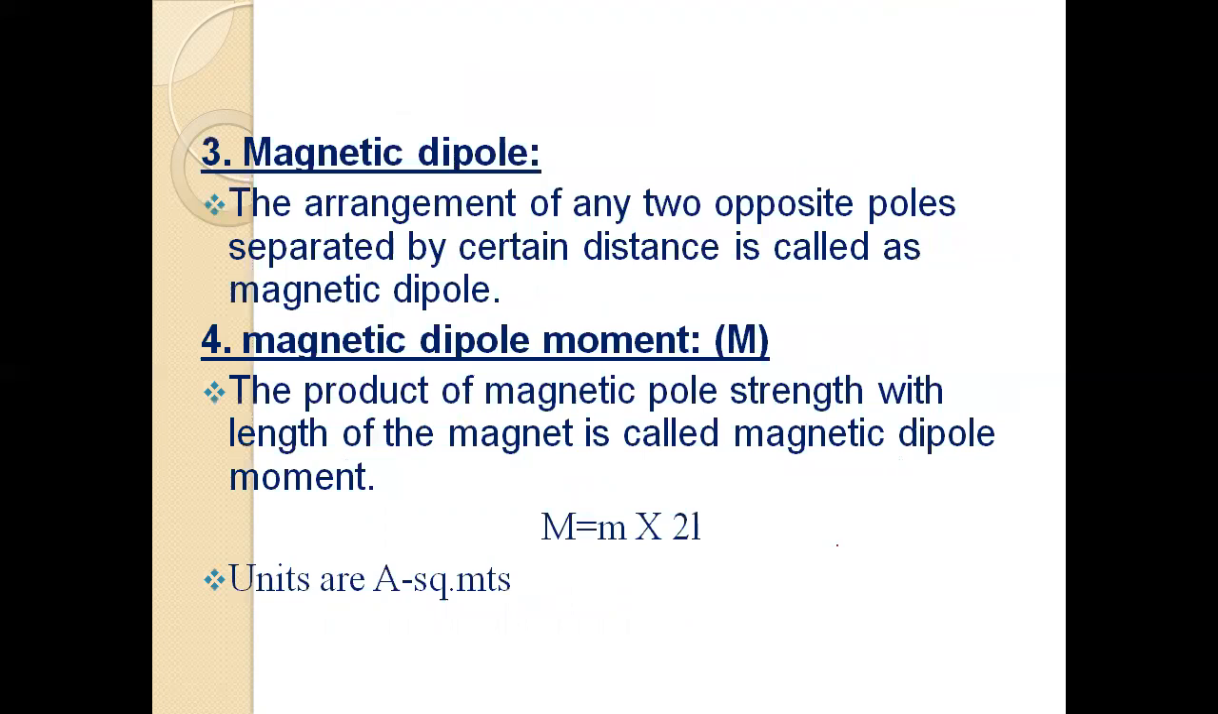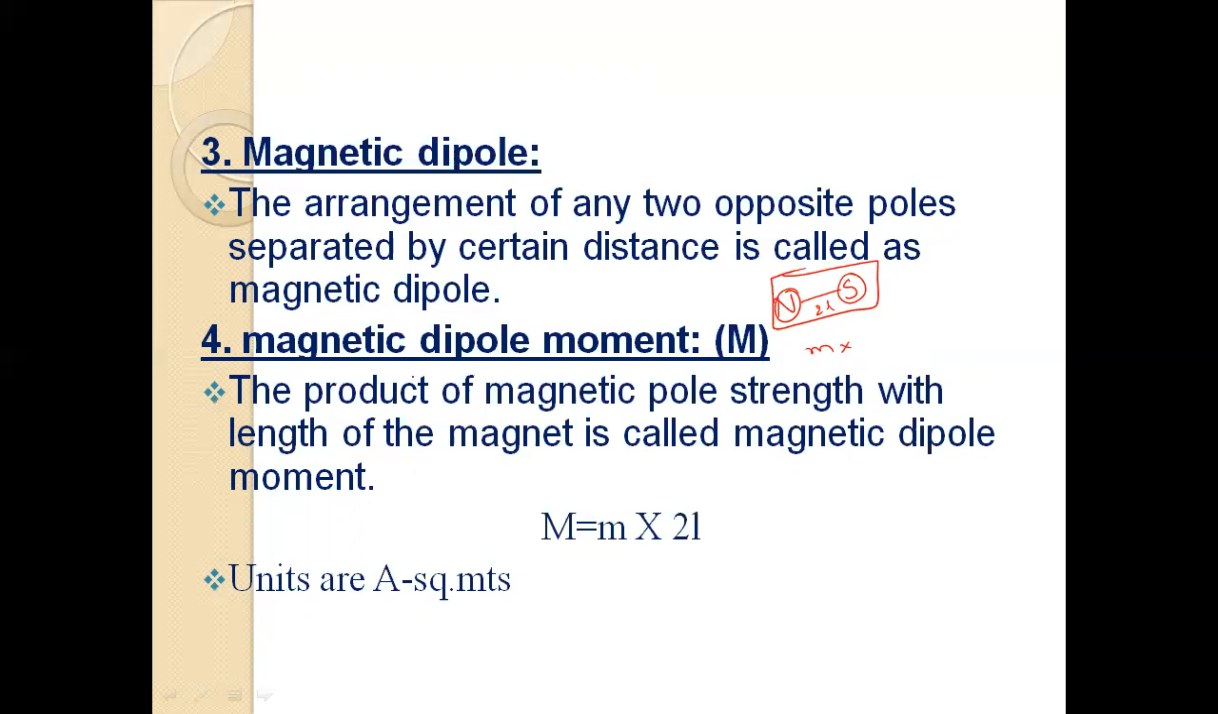Then magnetic dipole. The arrangement of any two opposite poles separated by a certain distance is called a magnetic dipole. Like in a bar magnet, you can observe north and south poles. These two poles are arranged and separated by a certain distance, and this arrangement is called a magnetic dipole. For every bar magnet, there will be a certain pole strength. Let that pole strength be small m, then the multiplication of this pole strength with the distance between those two poles is called the magnetic dipole moment, which is defined as the product of